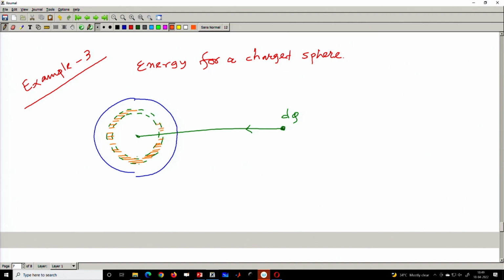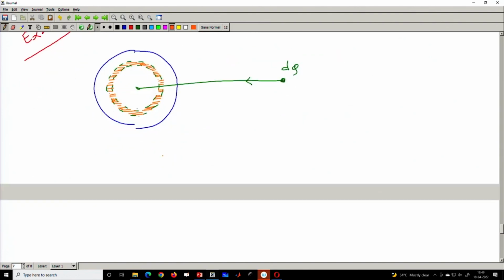I bring the charge here to gradually build this sphere, but let us start with this. This is the region we are first going to build. So, how do I write this mathematically? Mathematically, dW is the amount of work done